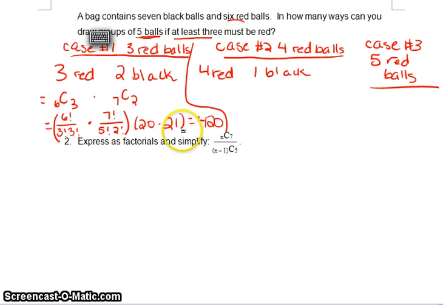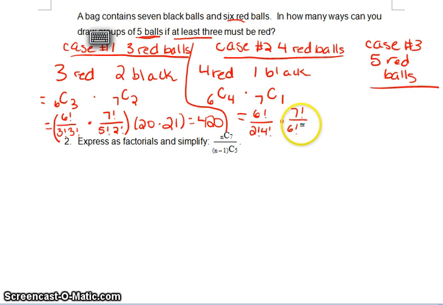So creating those combinations, we'd have 6 red balls that we can choose from, and we're choosing 4 of them. Multiplying that with, we have 7 black balls to choose from, and we're going to choose 1. Making that into our formula, we have 6 factorial divided by 6 minus 4, which is 2 factorial, times r factorial, which is 4. Then we multiply all of that with 7 factorial divided by 7 minus 1, which is 6 factorial, times 1 factorial,